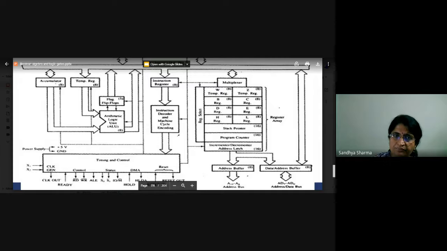You can also see, apart from the power supply, X1 and X2, which is basically for the clock signal. As in our previous lecture we have seen about oscillators, you require a 5 megahertz frequency signal. Here we will use a crystal oscillator in our microprocessor, which will generate a very stable 5 megahertz frequency, and it will be connected between X1 and X2. So this is the architecture of our 8085.